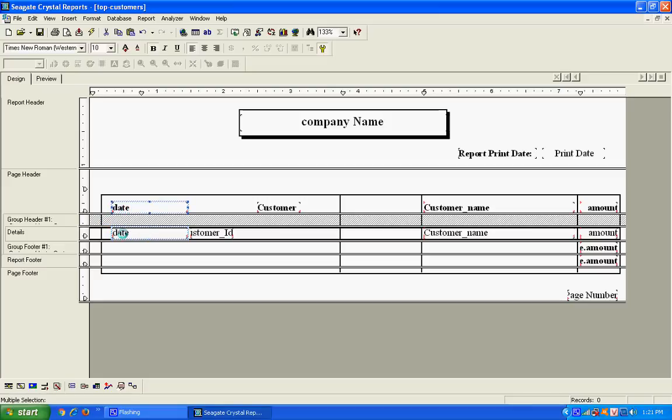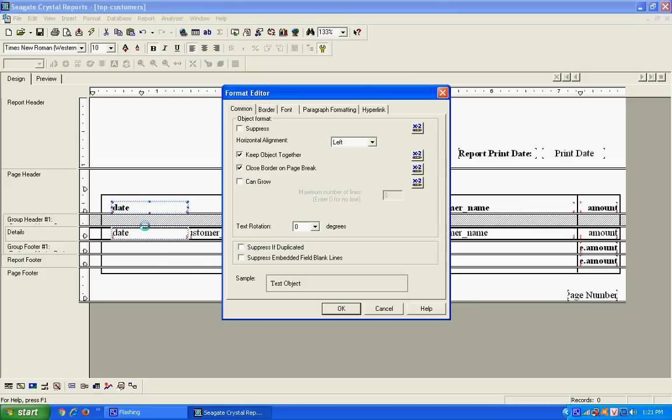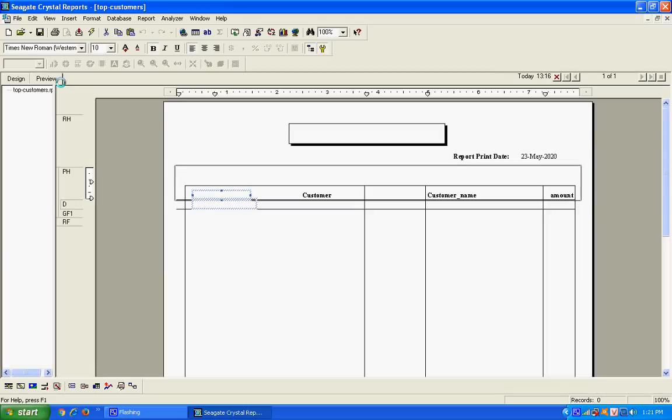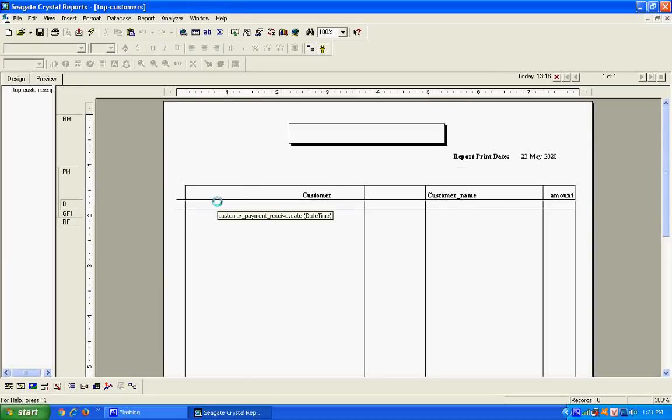I press the control button and select the date, and another field you want to select, then press the control button, right click with the mouse and press format objects. You want to select suppress. Suppress means you want to hide the field. I press suppress, and the date is hidden like this. You don't see the date, just customer ID, customer name and amount.